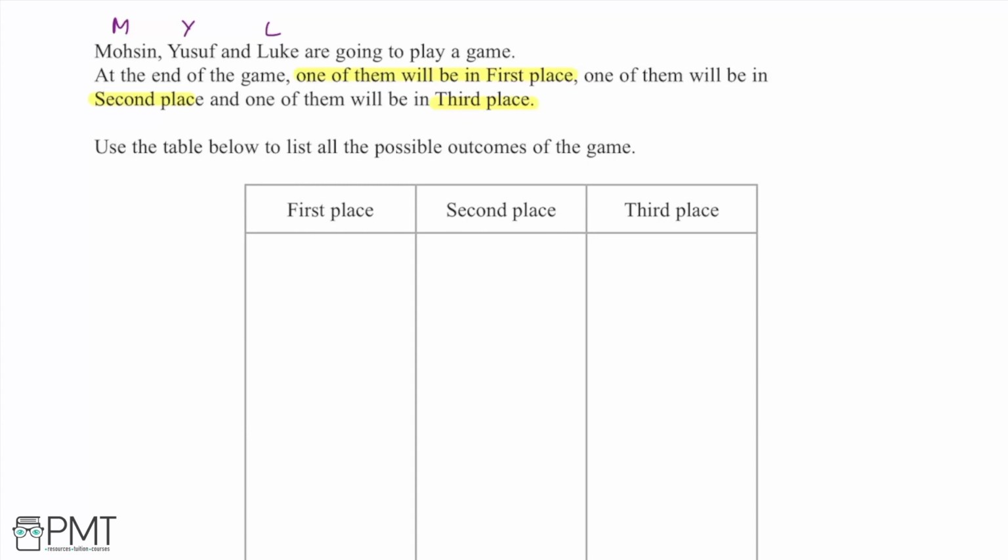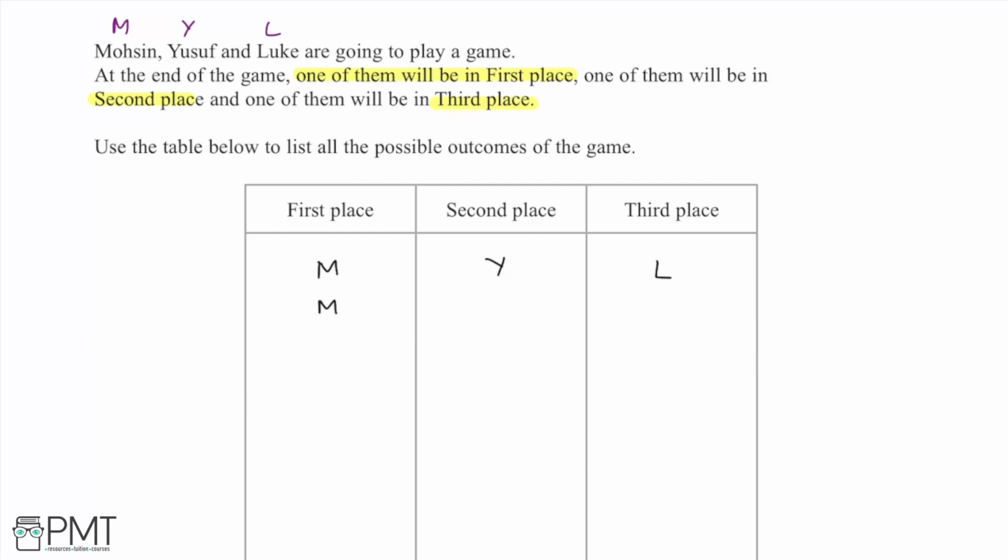So if I start with the one that I have above, I've just made in order M, Y, L. Now in order to do this in a logical way, I'm going to basically switch around the last 2 before changing the first place one. So a different way of writing this, a different order here, if we keep the first place the same,